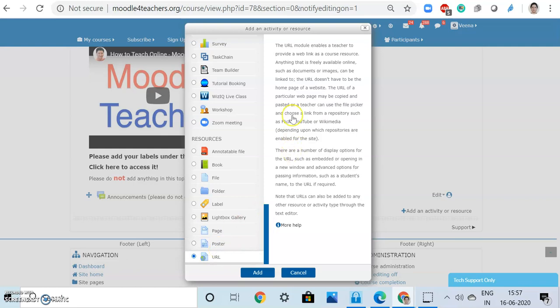URL. To insert a URL, you can use this facility, or you can insert URLs using the text editor. So both ways you can add your URLs to the resources. To add all this, you can click over here, select whichever you want and add it, and it will appear as resource material in your account. So we have 9 resources over here, and they all would be useful for teachers and students.